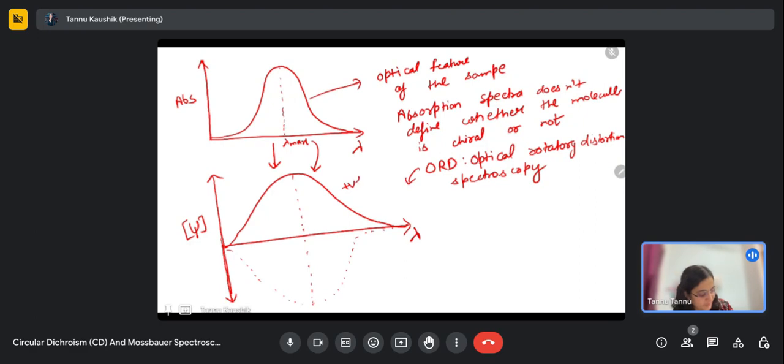This is a positive Cotton effect. Cotton effect is nothing but when enantiomers exhibit equal and opposite circular dichroism spectra, with opposite Cotton effect, that is, they will